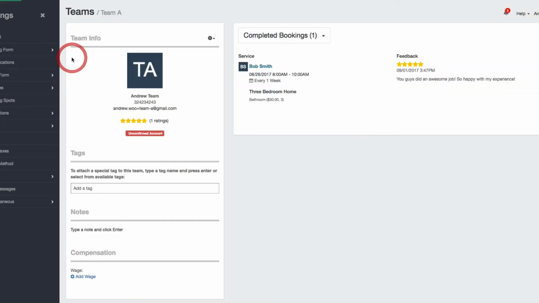I want to show you what other things you can see in the team profile. I want to use Team A as an example because you can see it has more data with it. Now you can see that team A has a rating and it's a 5-star rating. If you were to filter this list, you can see that this completed bookings is the jobs that they've been assigned to that they've already